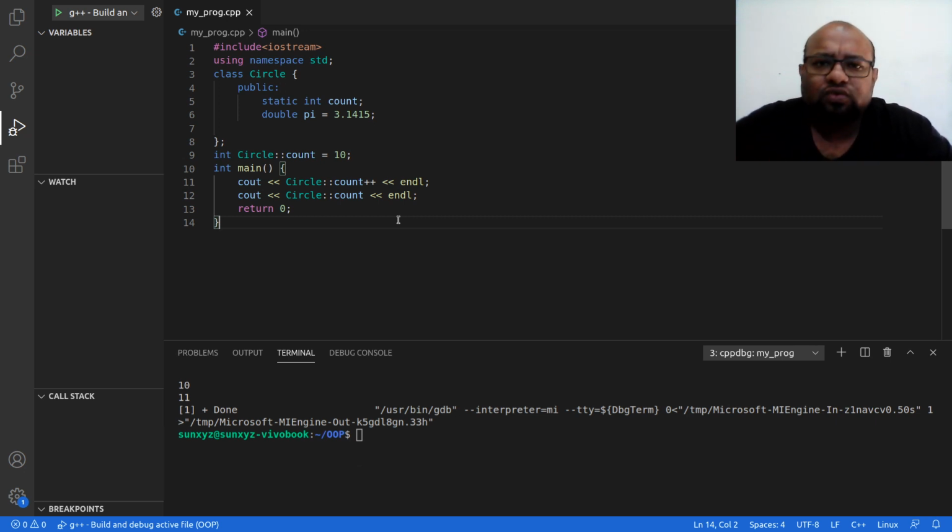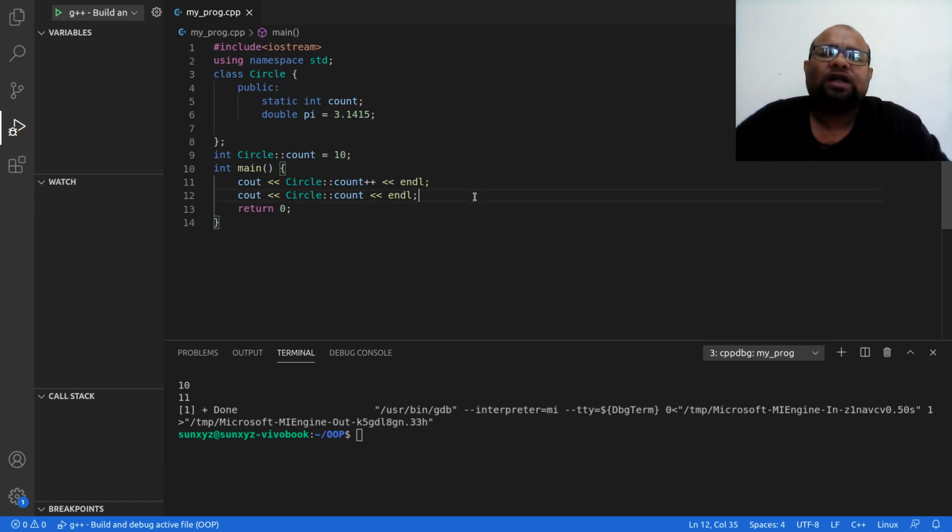Why can I do this? Because count is already allocated some memory, but pi is not allocated, therefore I cannot do all these things with pi. Pi is not yet allocated memory space in my memory. When will pi be allocated space in memory? When I create an object. We will see this.